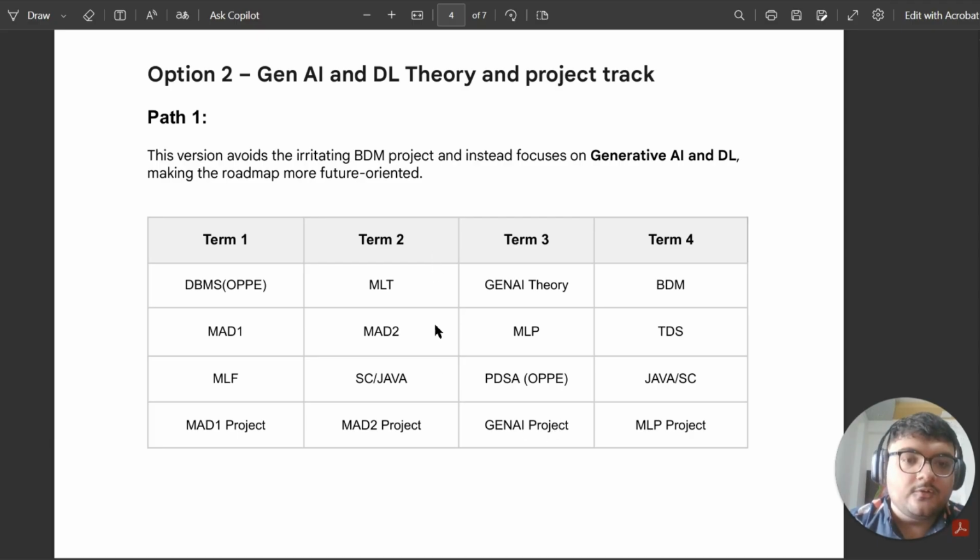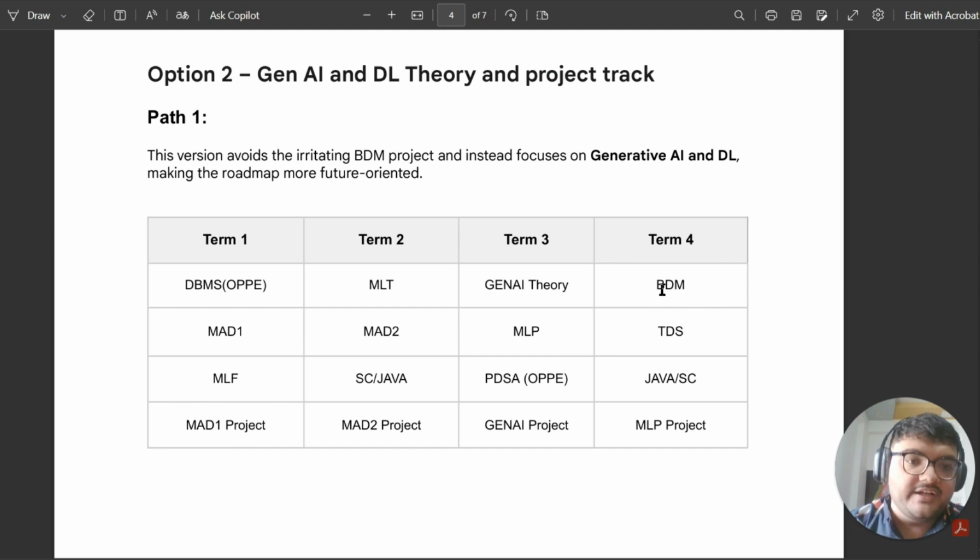right? So for the students who are planning, you can interchange this, and you should have MLP project here. Okay, I will put a note in the document. And the Gen AI project, as it is new, you should give it a buffer of one term. Okay, so this is the combination that you should take, and term 4 is a little less heavy